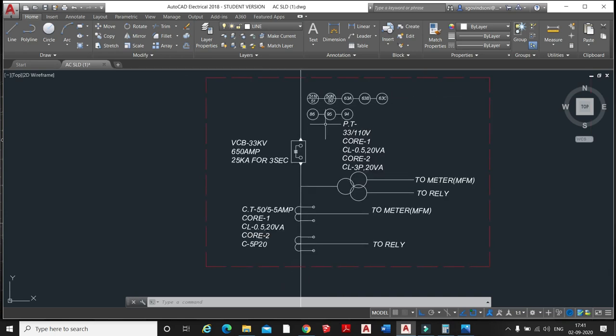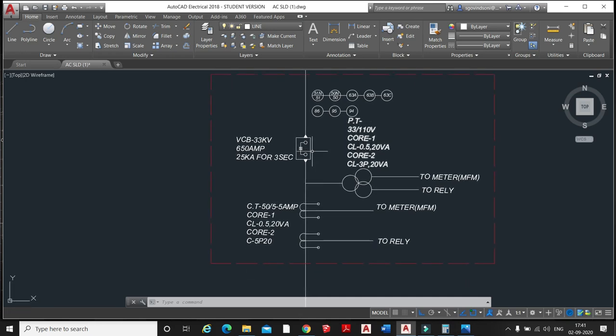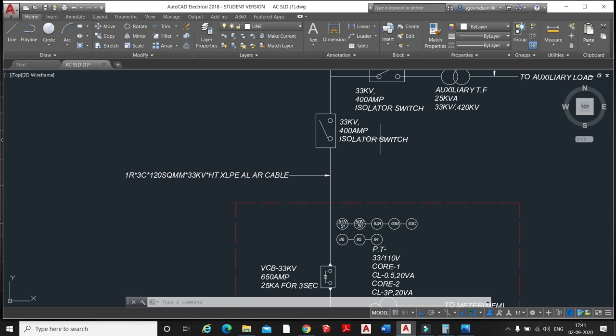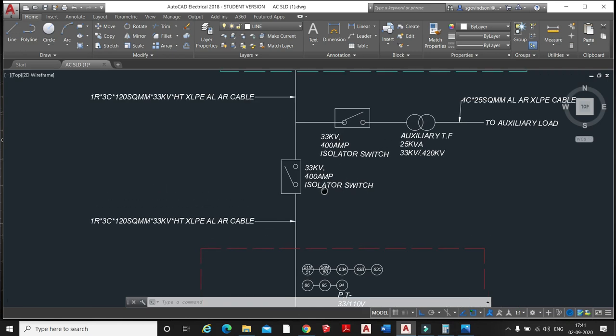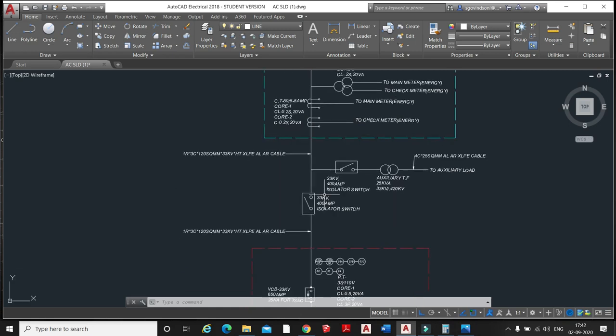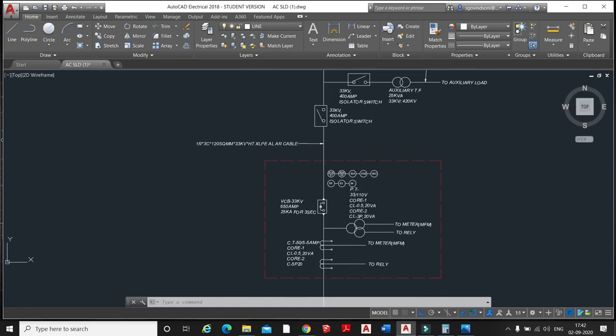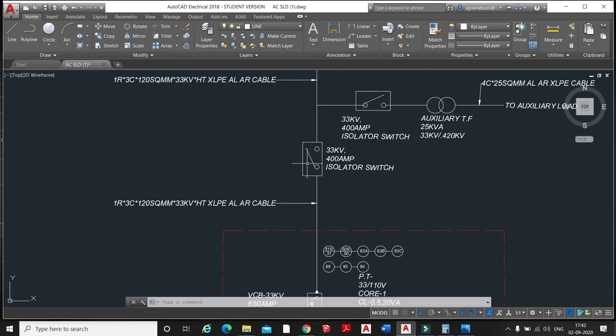When any kind of earth fault, relay overcurrent, undervoltage, or any transformer fault comes, it gives the command to the circuit breaker and it will disconnect your plant from the grid. So this is your vacuum circuit breaker. Now we have designed the isolator switch also, and this is your switch yard where we design the isolator switch. It will disconnect your power plant from the grid when you maintain or during the O&M period.